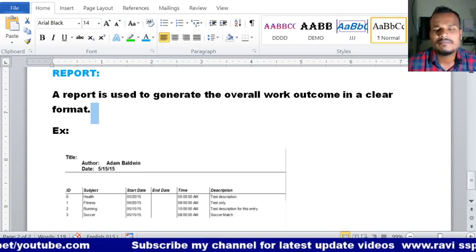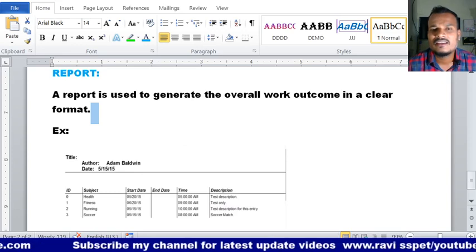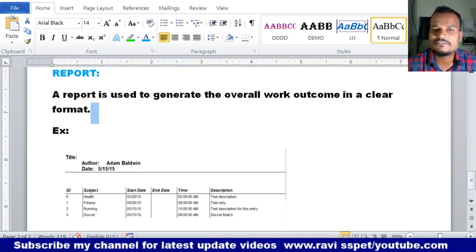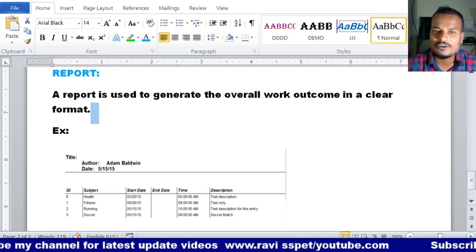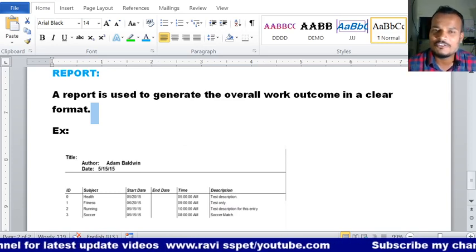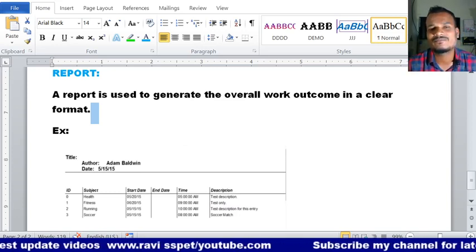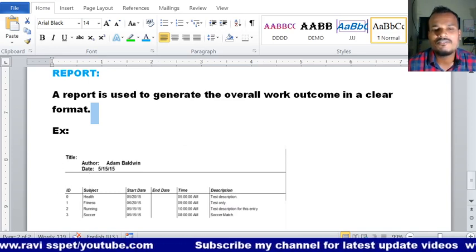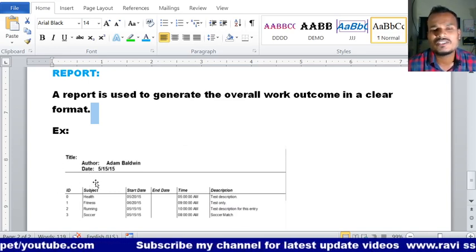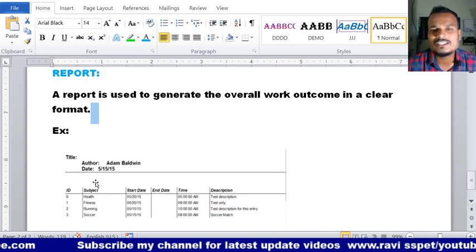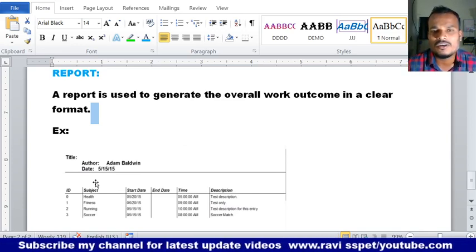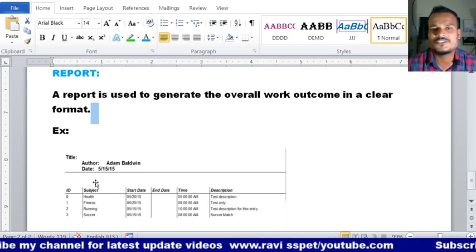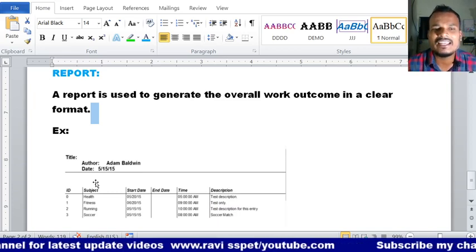That means in a database we can store information in the form of forms, reports, or tables. The purpose of a report is, when the job is done and you want to see the complete details of the job, we generate a report.